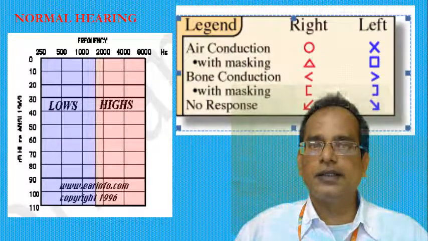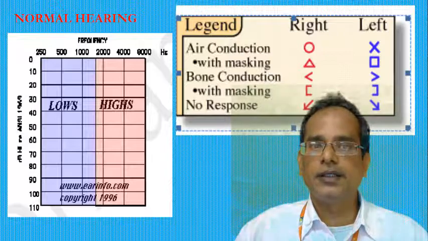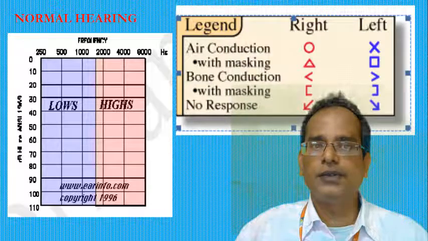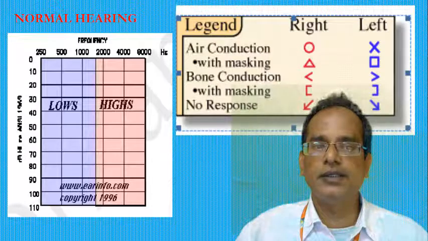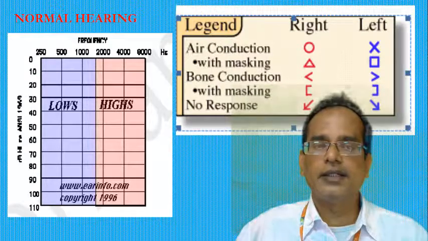Now you are seeing that diagram, that is a graph. Here it is showing normal hearing. On the left-hand side, it shows low and high frequency response. 250 to 2000 is called the lower frequency range, and 2000 to 9000 we are calling the higher frequency range. The audible decibel is given as 0, 10, 20, 30, 40, 50, 60, 70, 80, 90, 100, 110. It is given in dB. That is the intensity level.